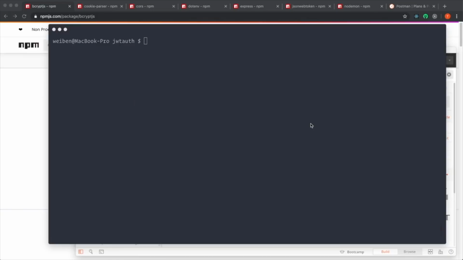So nothing fancy in the server, in the backend. And I'm just going to use React for the front end. And we're going to fetch the endpoints with no external library or anything like that. So hopefully this will be a good way for you to learn about JSON Web Tokens if you're new to